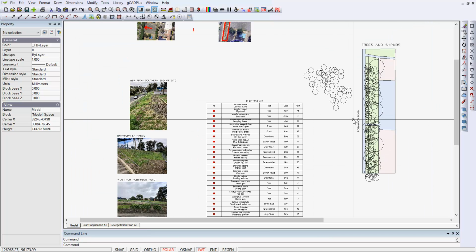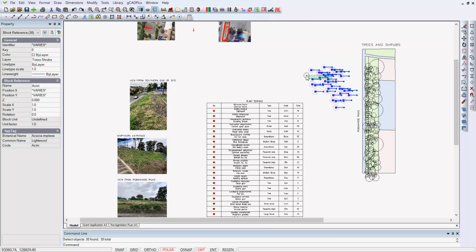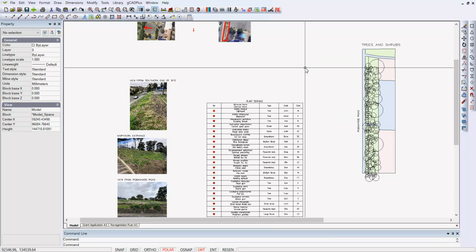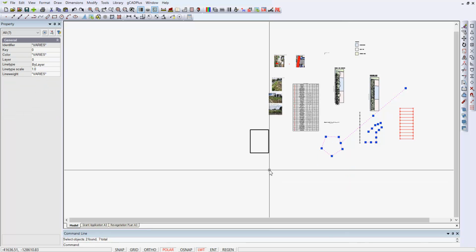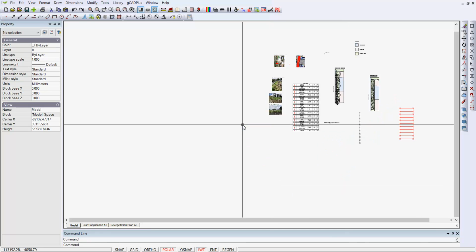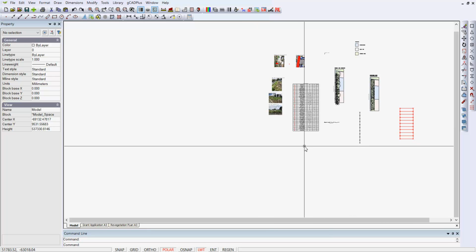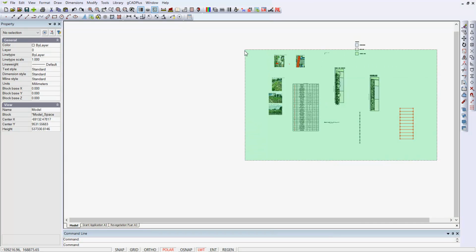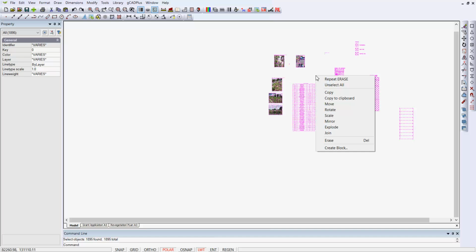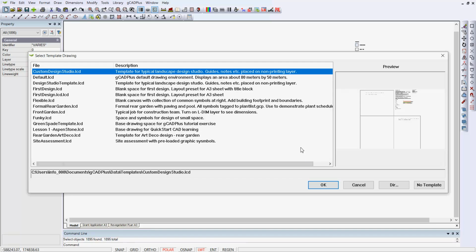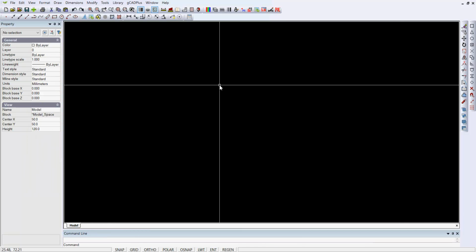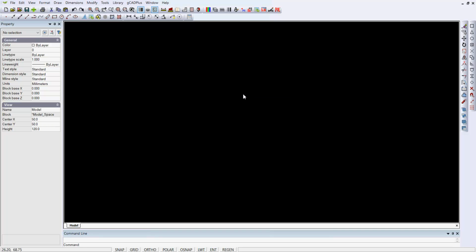The first thing that I would try, firstly I'll remove these newly copied entities, and we'll remove some of those entities that I added when we were trying things out. What I'd do to remove some of the potential for clashes, I would use a crossing window and copy them all to the clipboard, then start a brand new drawing without a template at all, and we click in here and paste from the clipboard,